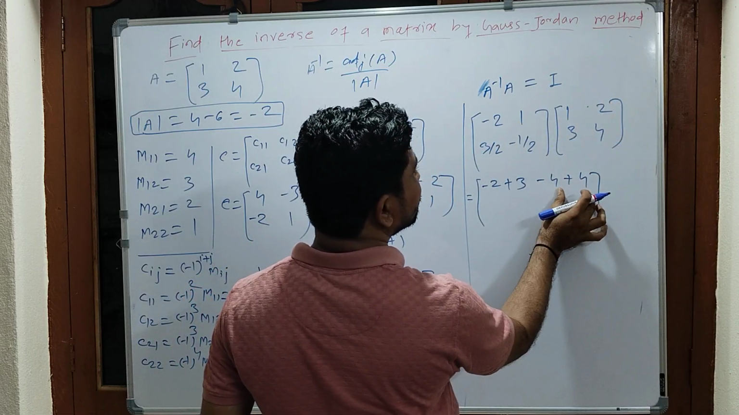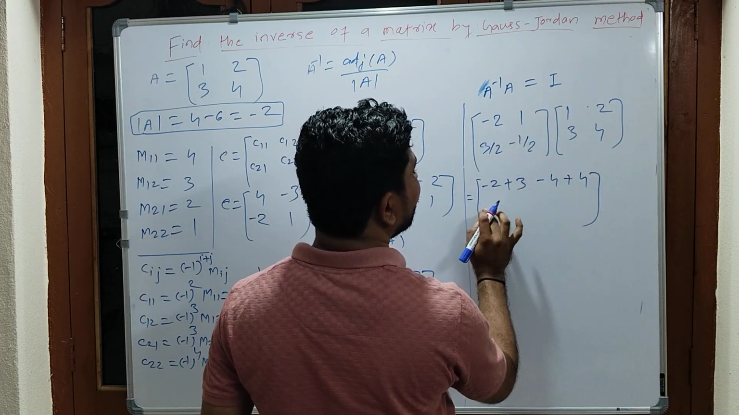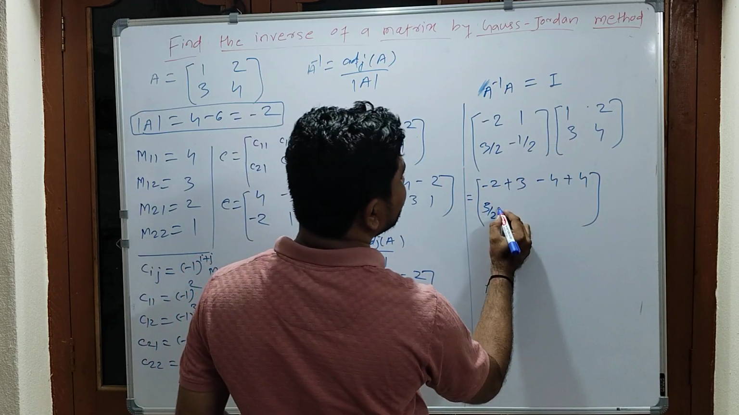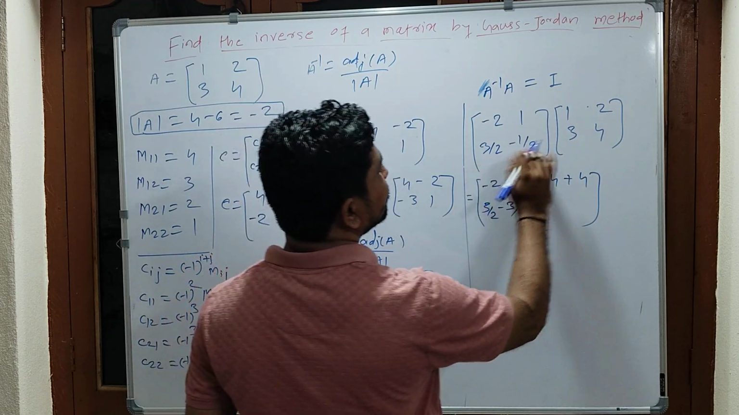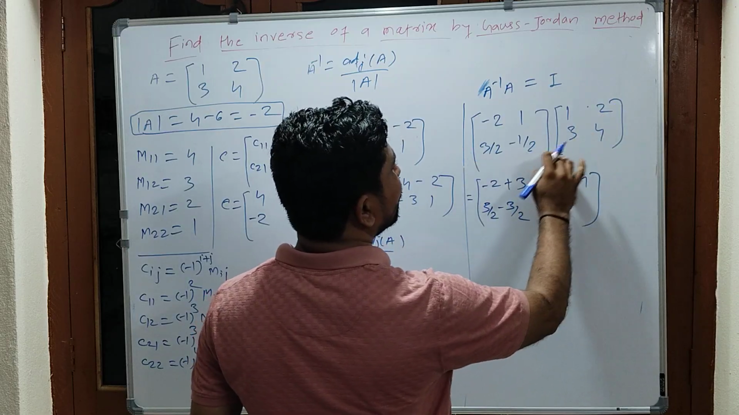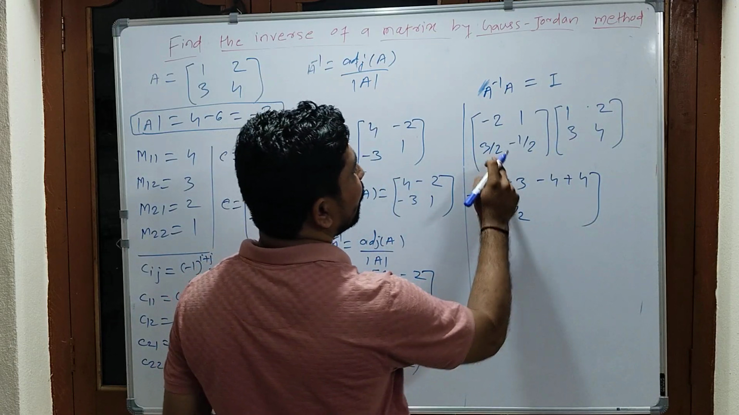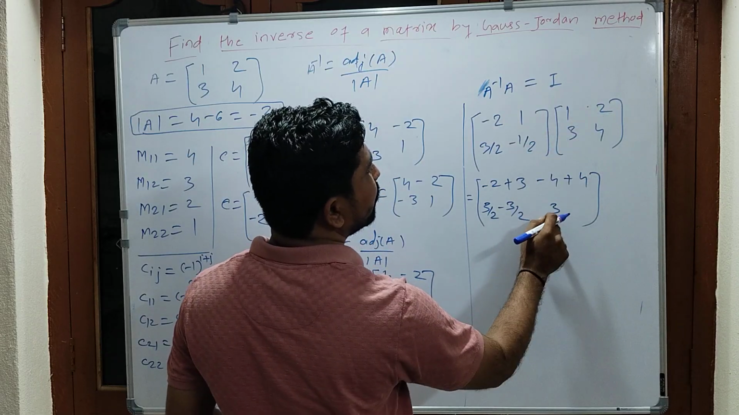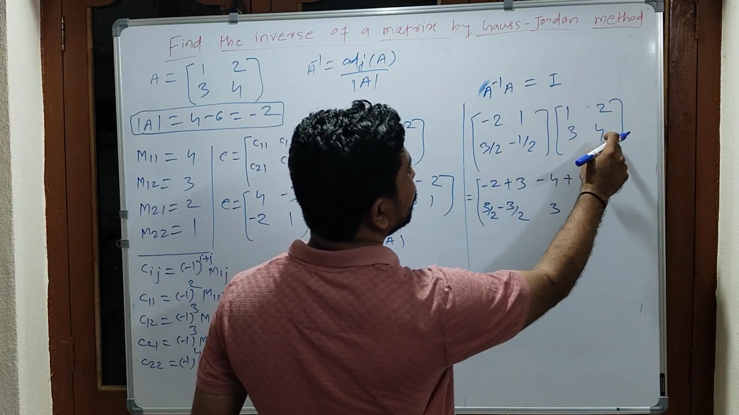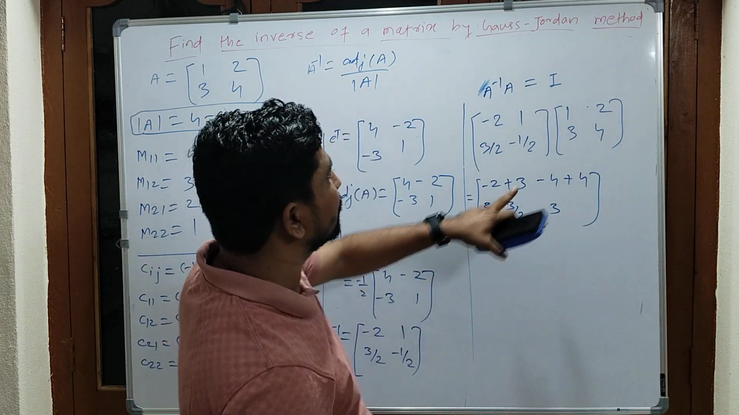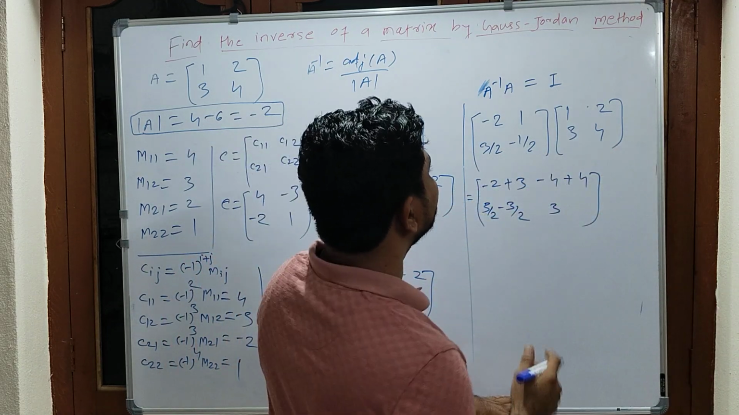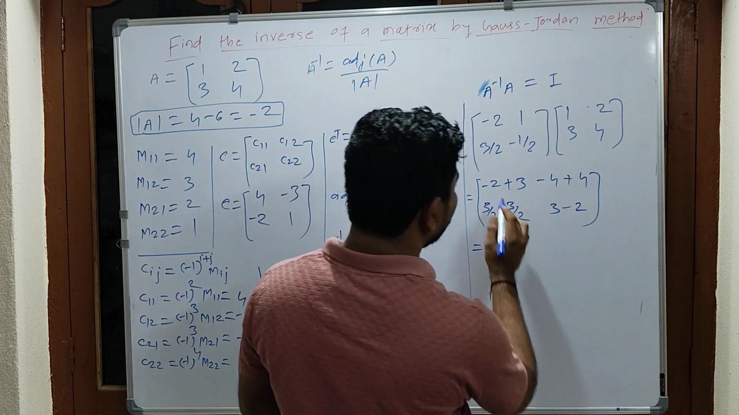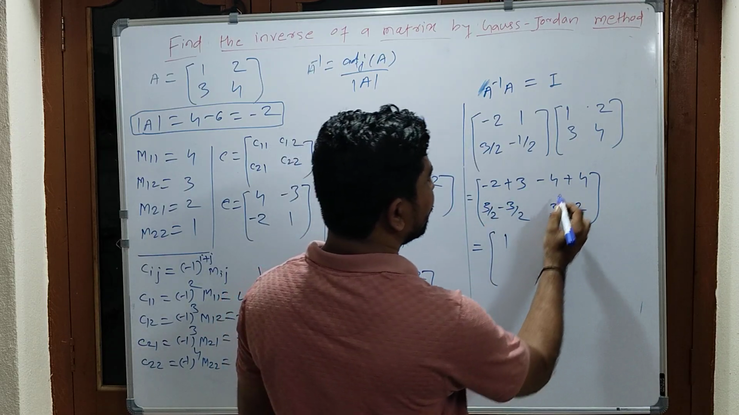First row, second column is this entry. Now second row, first column is this entry. This is simply 3 by 2 and this is -3 by 2. Now second row, second column is this entry. This is simply 3 by 2 into 2, which means simply 3, and this is -1 by 2 into 4. So how much is this? That is simply -2. So here I will get the matrix as -2 plus 3 becomes 1,